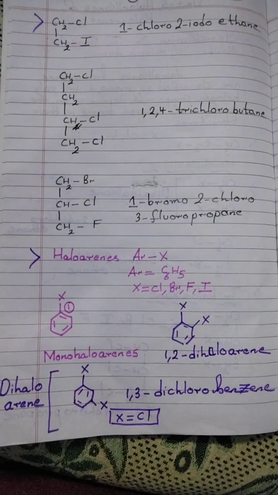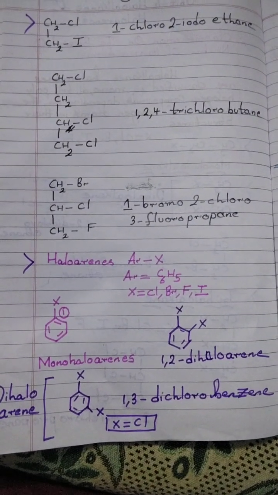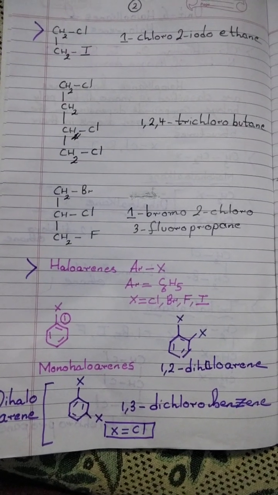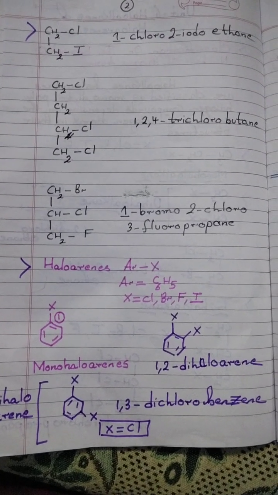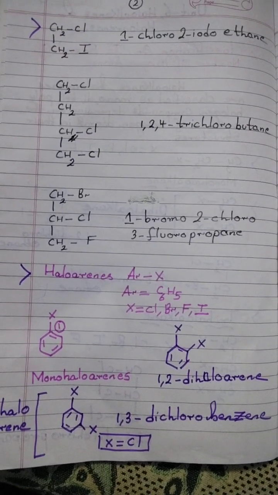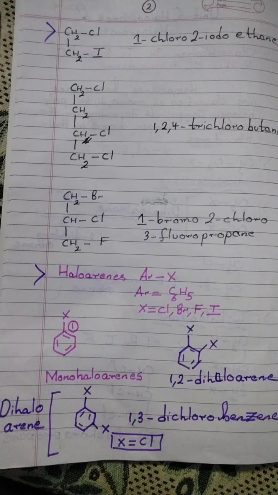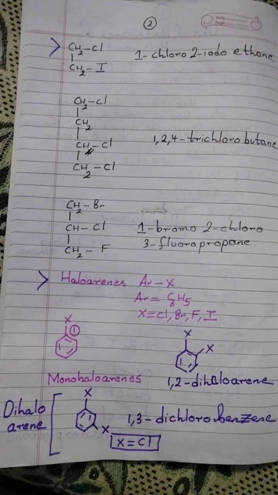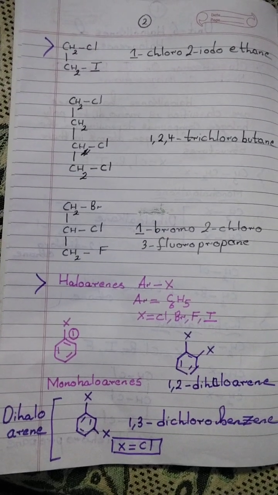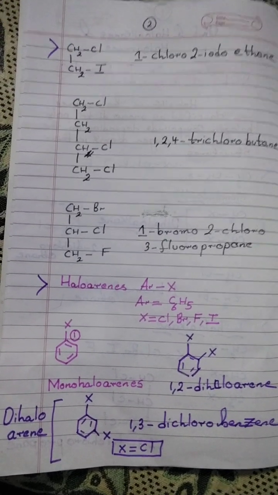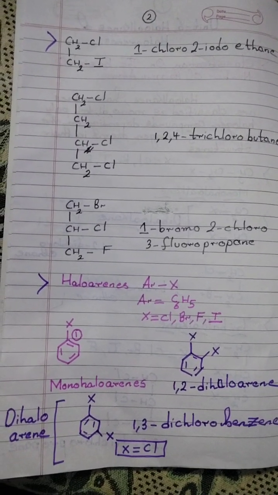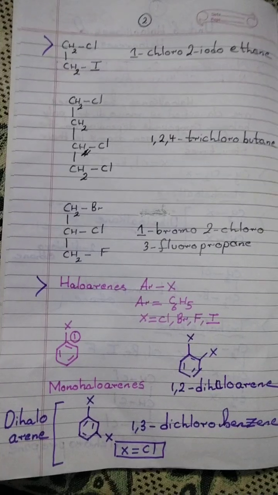Now we'll come into haloarenes, ArX, that is halogen atom bonded to an aryl carbon. Aryl refers to C6H5, that is phenyl. X equals chloro or bromo or fluoro or iodo. If it is a monohaloarene, X is directly attached to the benzene ring. Here all the 6 positions are equivalent in case of mono-substituted